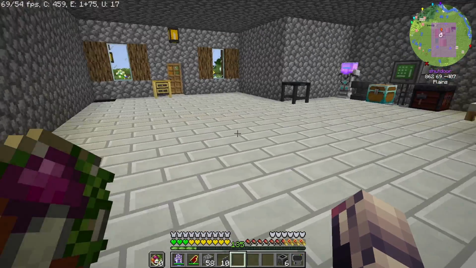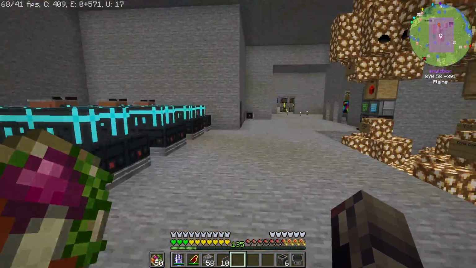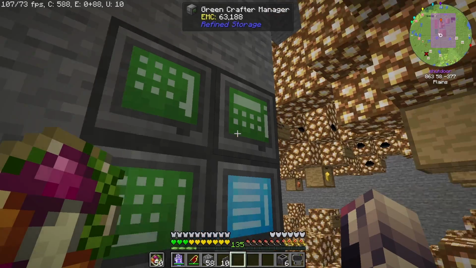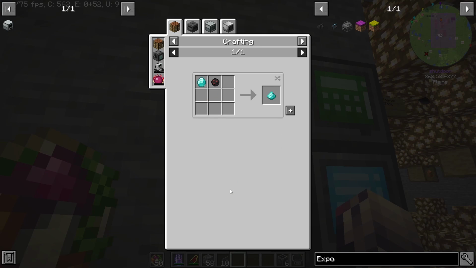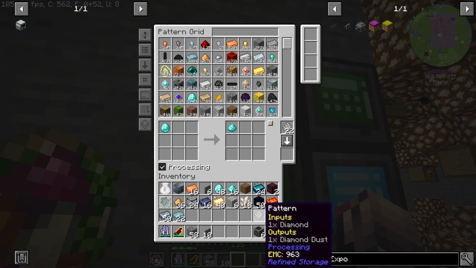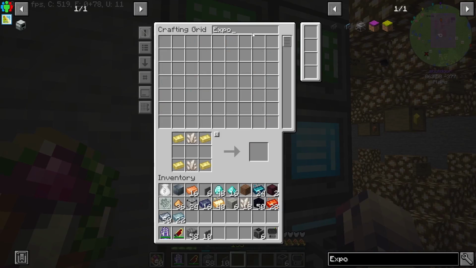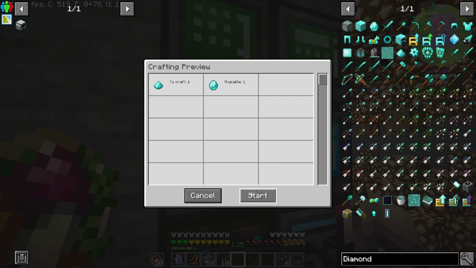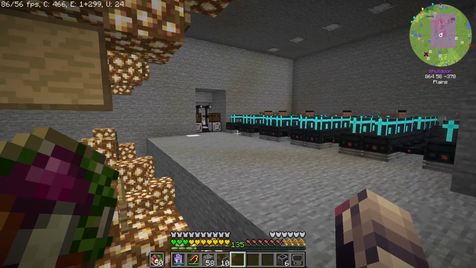So, one of the recipes I want to make, and I actually put the crafting stuff over here, because I was just over here a lot more than over there. So, yeah. We should be able to make a recipe for, say, diamond dust. Right? Create a pattern. Then we'll take that pattern, we'll throw it in the pulverizer. We should be able to just request some diamond dust, right? So we'll just start this and see if this works. And actually, I don't think this will. I think this will fail. And the reason it'll fail is because I actually